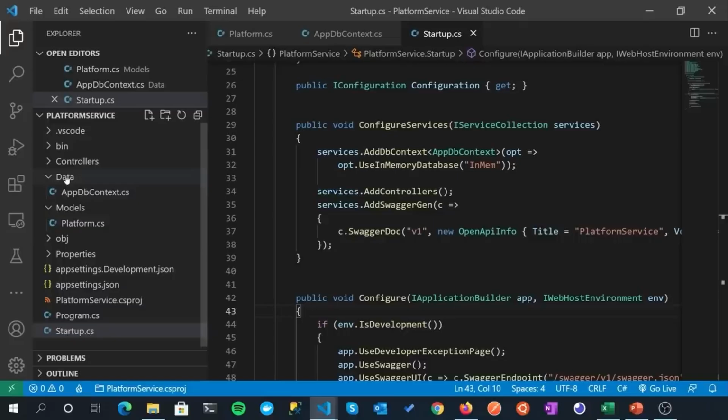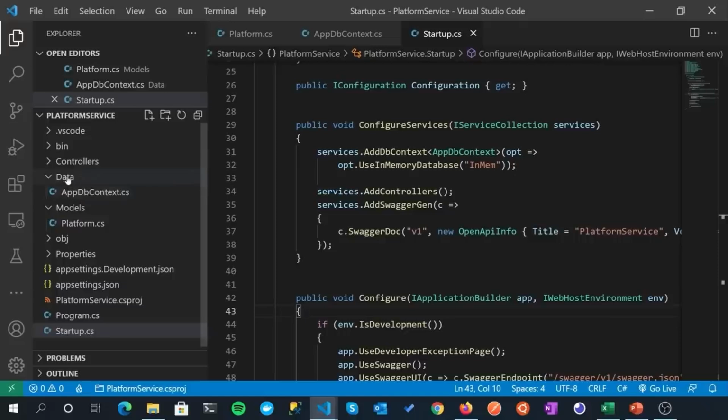And yeah, we're going to create a repository now, and we're going to use the interface concrete class pattern because we will inject our repository through dependency injection in our startup class. But if you don't quite follow that, don't worry, we'll do it step by step anyway. So the first thing we want to do in our data folder yet again is create an interface. And an interface basically just specifies the method signatures effectively that our repository will support, and then any concrete class can come along and implement those interfaces.